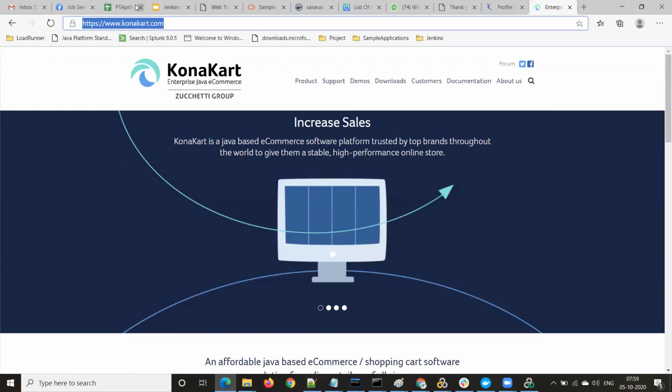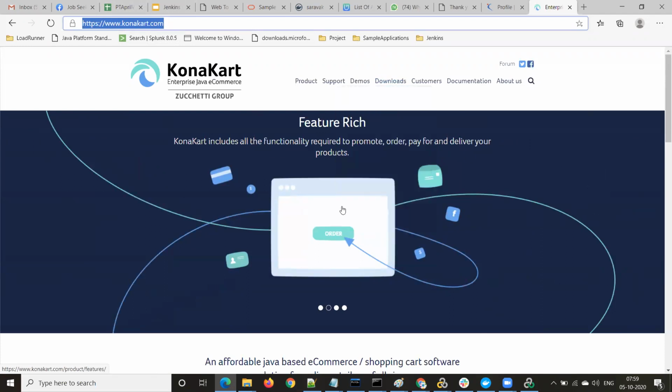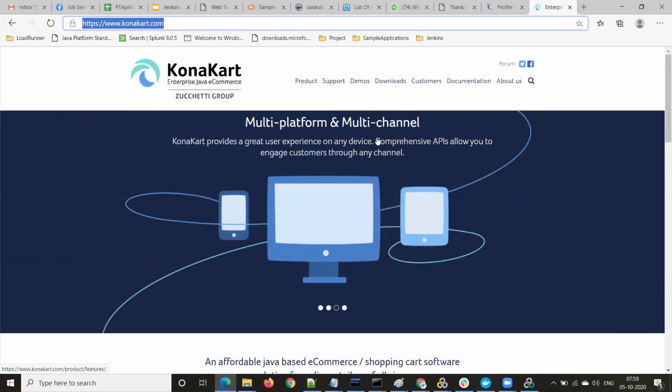But when you have to install this, I asked you to download this, right? From downloads, go to community. I asked you to download the community edition, right? So for this, you first have to set up the SQL server if you want to set up this application on your local machine. So you have to set up a database server, right? MySQL, you can use MySQL as the database. And then you have to install the Tomcat server and everything. You have to do that setup. We will do that going forward.